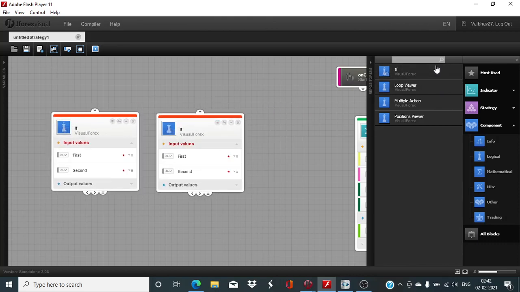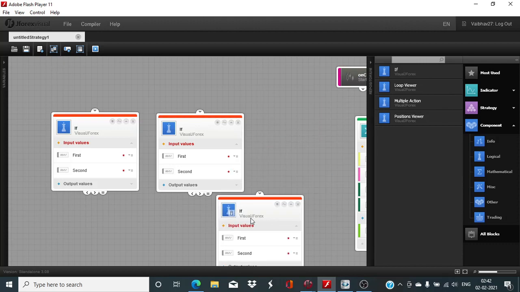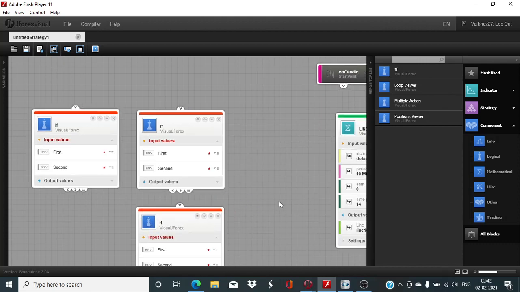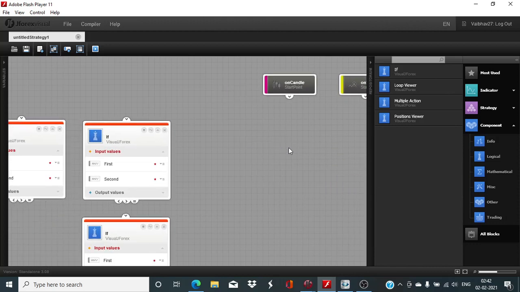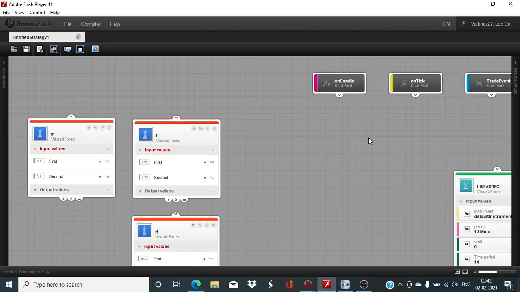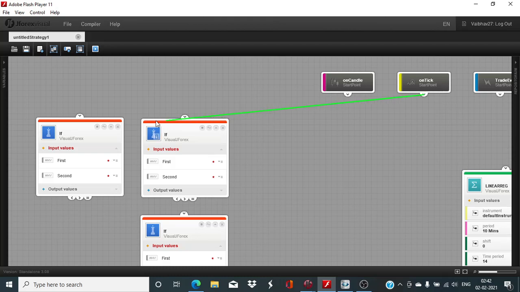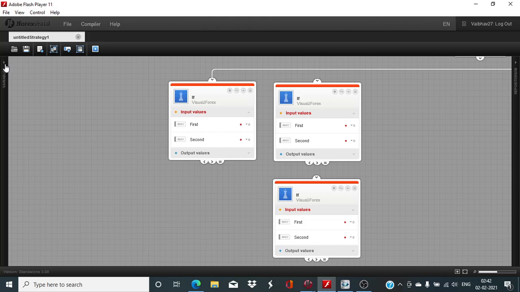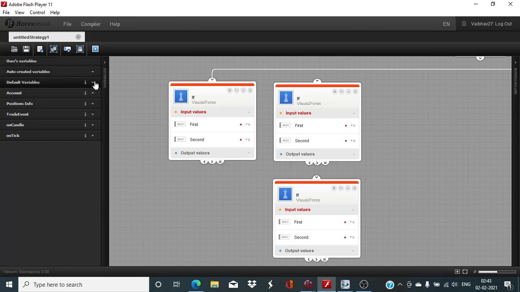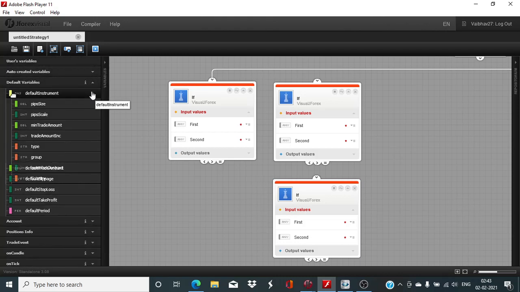Okay, this for the instrument subscription, and also one more for defining the requirement that only one trade should be open. And I think for this we will use on tick as our start point for doing the instrument subscription. I will take the default instrument,